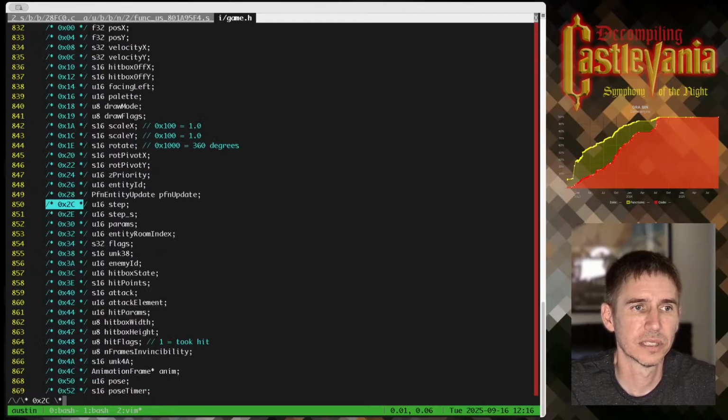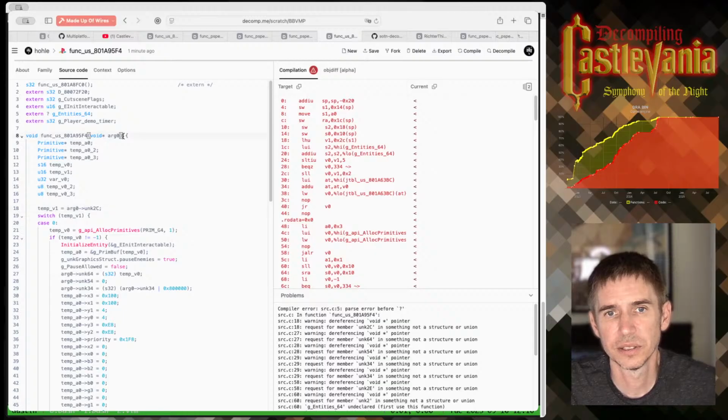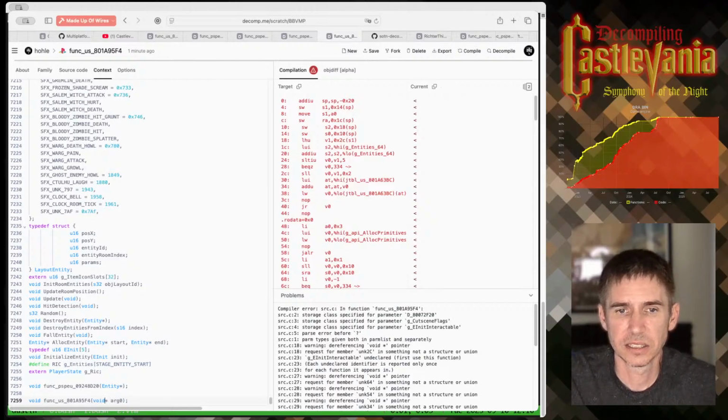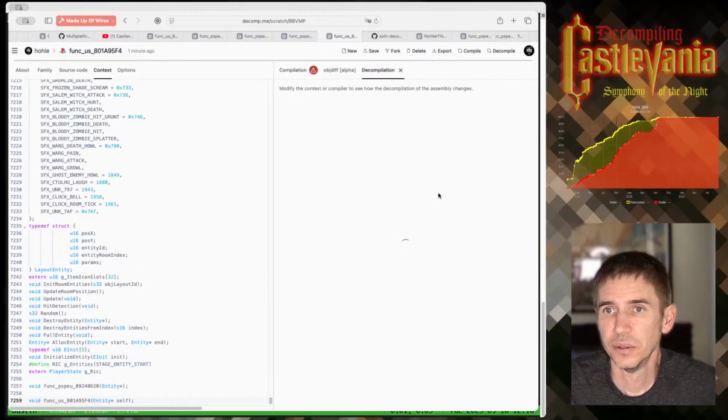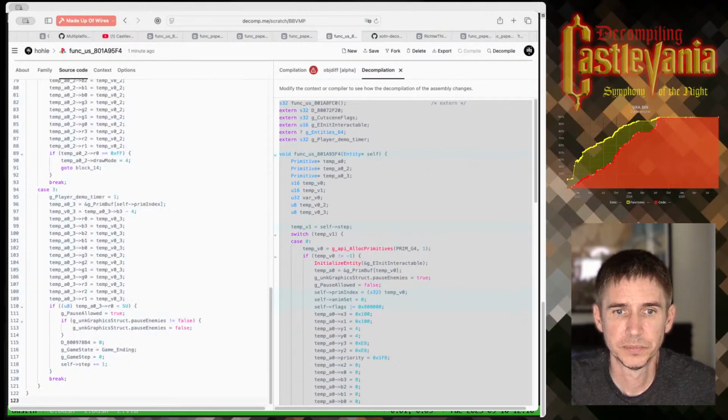Okay, yeah, it was the step. So I'm going to get a new decomp for this. We have another instance where something in GPlayer is showing up. We'll have to find that too. So I'm going to put this in the context, make it an entity pointer, and get a new fresh decomp from M2C.